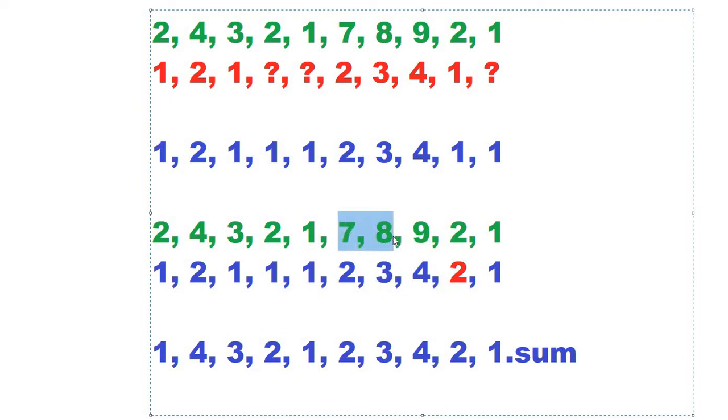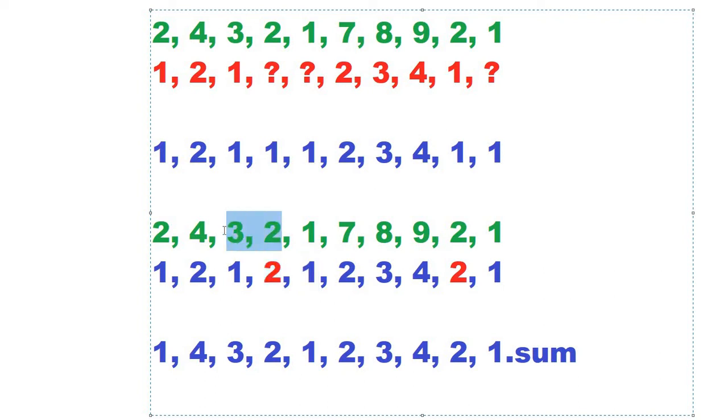7 is higher than 8, 8 is higher than 7, 3 is higher than 2, no problem. 7 is higher than 1 and 2 is higher than 1, no problem. But this time 1 is less than 2, so this element should be less than this element. To make this, we should increment this by 1. So we get the value of this element and we add 1 to this and we put it here like